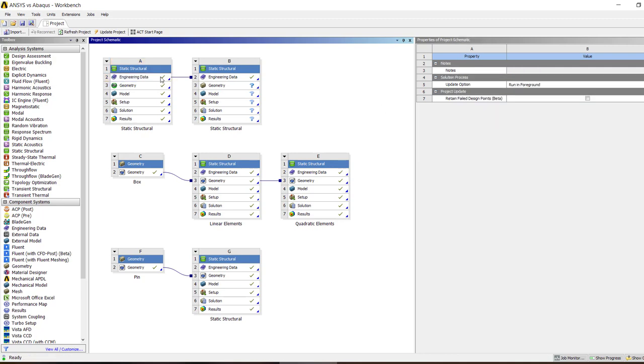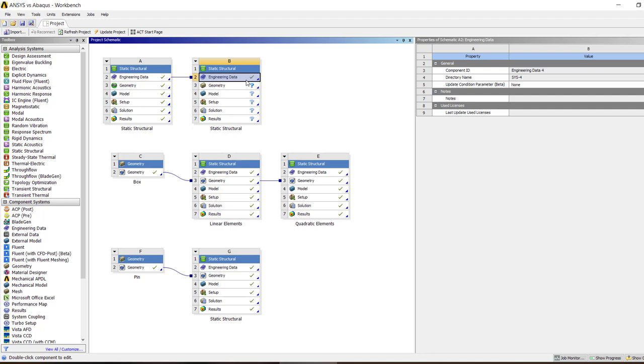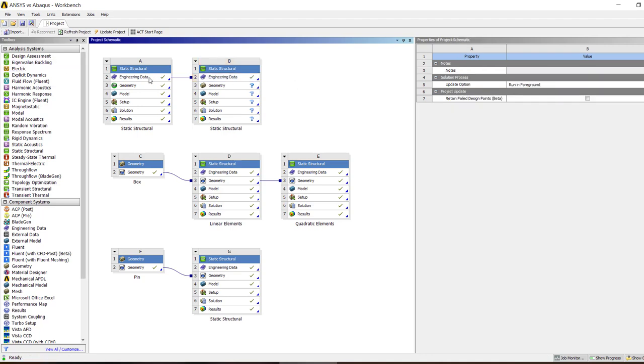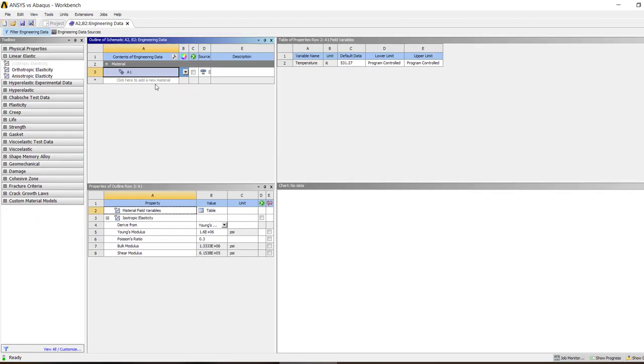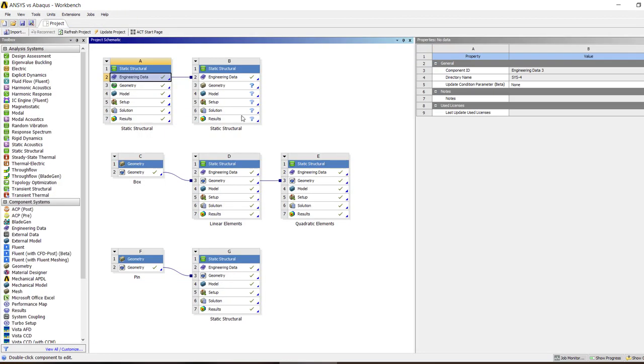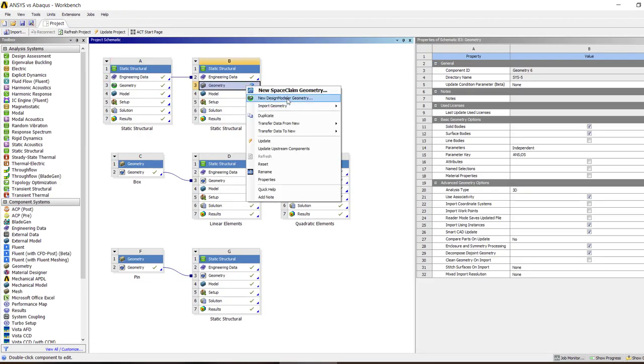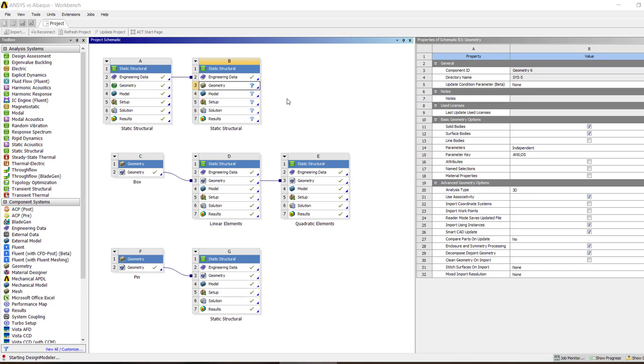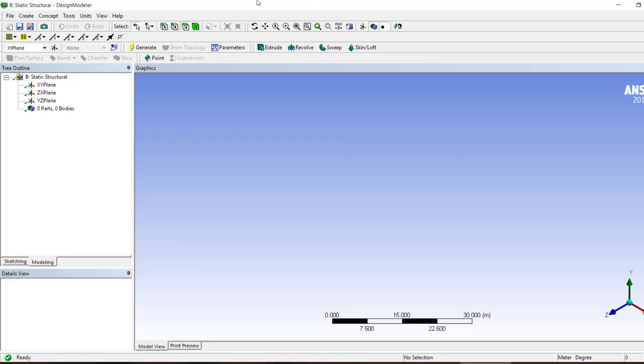So we are just linking the previous engineering data with the material properties that we used in the beam problem, and we're just going to use it. And let's create a 2D geometry, and then we will create a 3D out of it. So let's create a sketch in the XY plane,